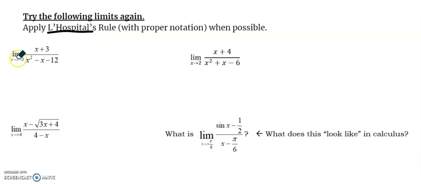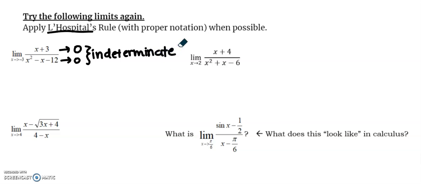can be used. So the limit as x goes to -3, we already did this problem. We know the top is going to go to 0. We know the bottom is going to go to 0. And then what you want to tell them is that this is indeterminate. Indeterminate. And so we're going to say by L'Hopital's rule,